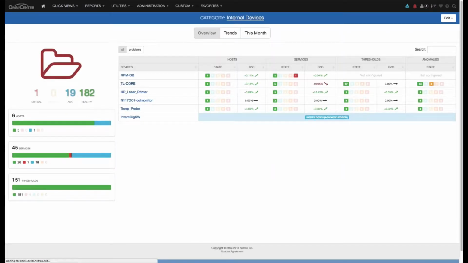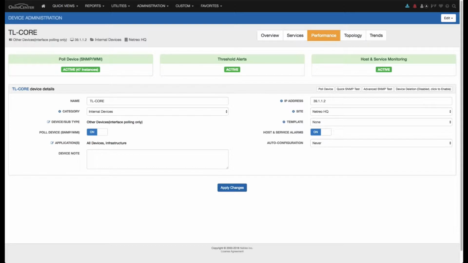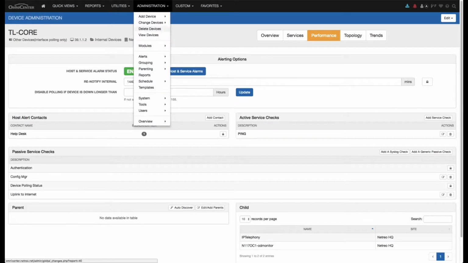But if I go to a particular device, I can actually go in here and under the main setting here is where I make sure that I've got polling and host and service alarms turned on, and then I can go here to alerting where my parent configuration is, and there's a button here for auto discover. That'll immediately try to discover the parent for this particular device, and typically that's going to return layer 3 parents. You can also edit the parents for the device here if you want,